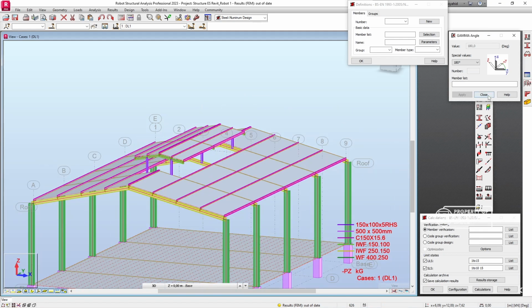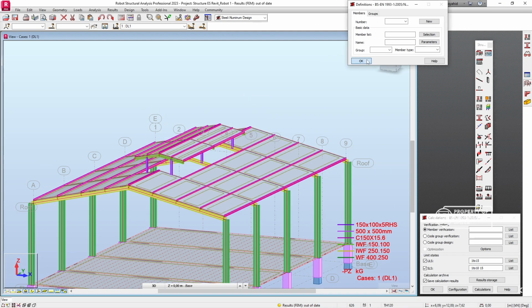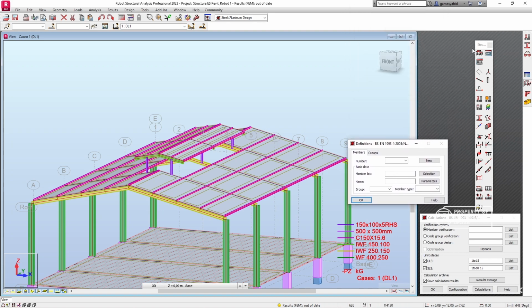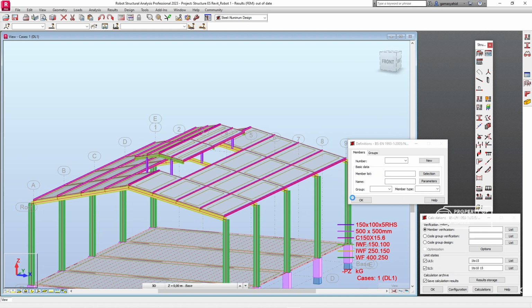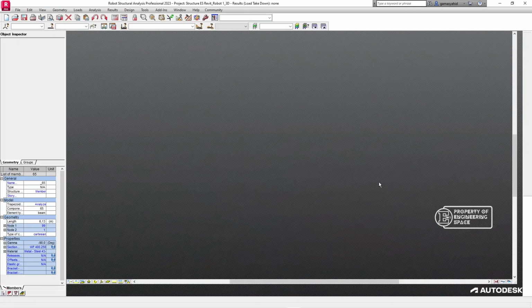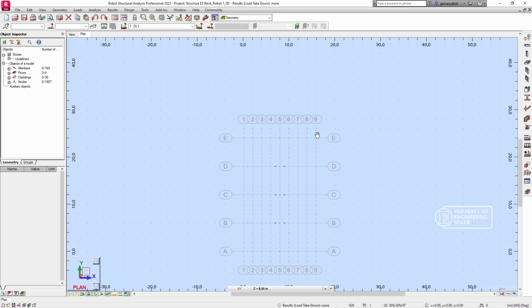So let me close this one and also this one, and let us choose the other section here. So we're back to the geometry design, and then